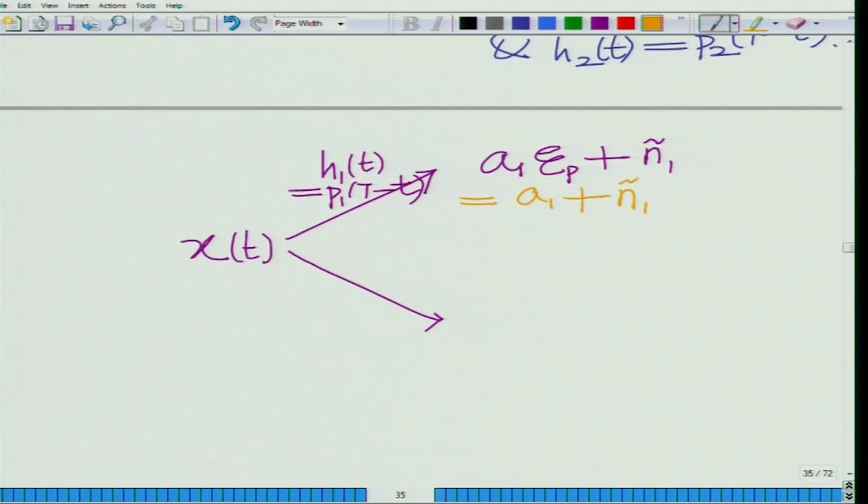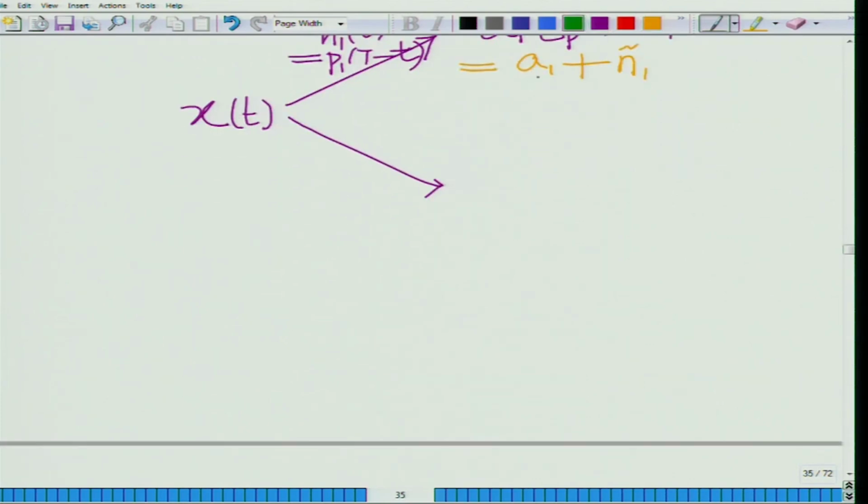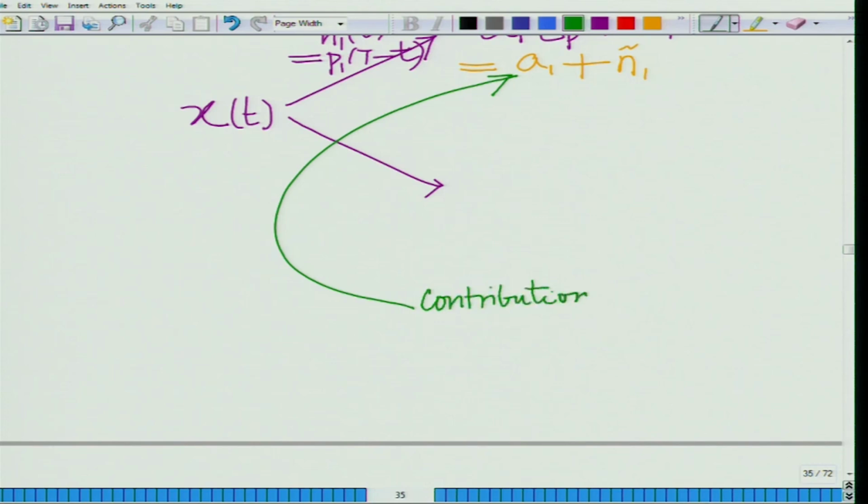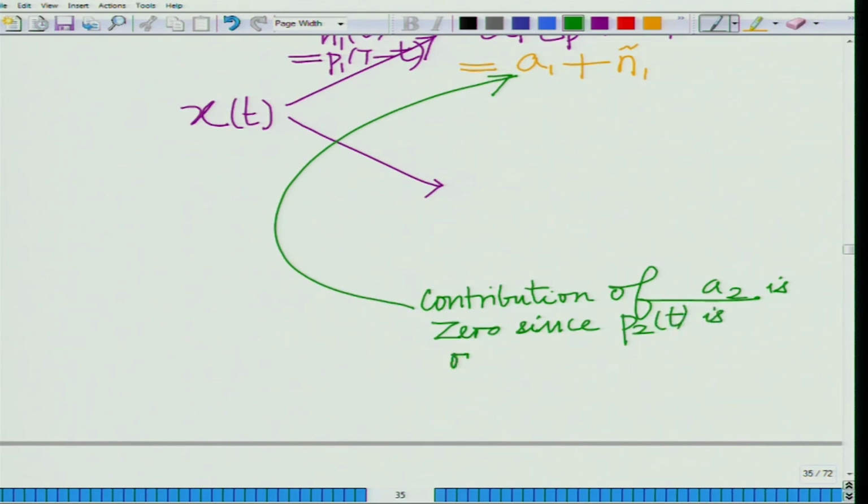Now, notice that in this the contribution from A2 is 0. When you match filter with respect to H1 t, the contribution of A2 is 0, since P2 t is orthogonal